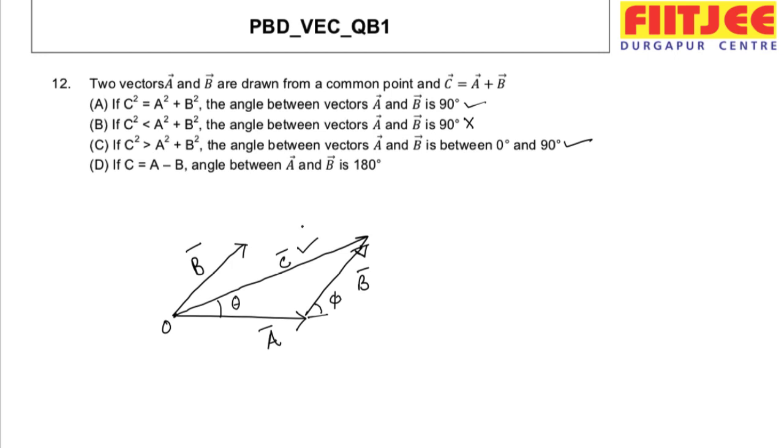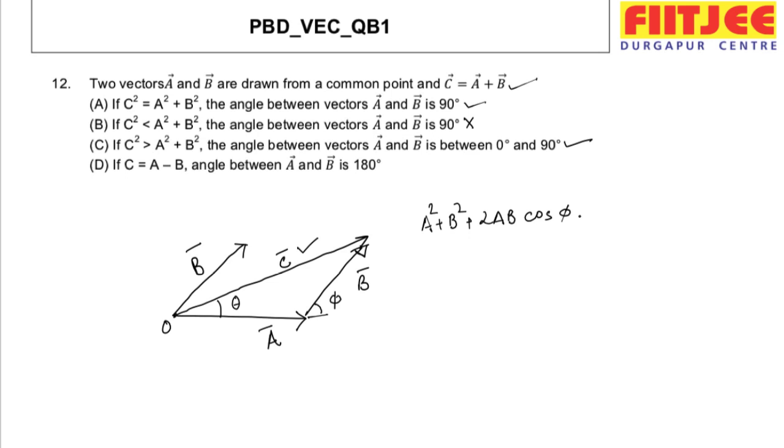If C equal to A minus B, the angle between A and B is 180 degree. If C equal to A minus B, so magnitude of C is equal to A minus B. And C vector is actually A plus B. So what is the magnitude of C vector? If I go by this definition, it is